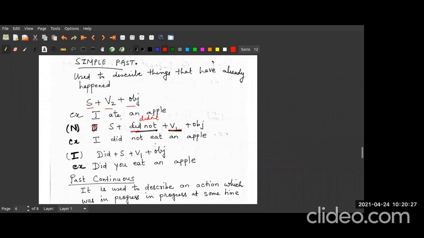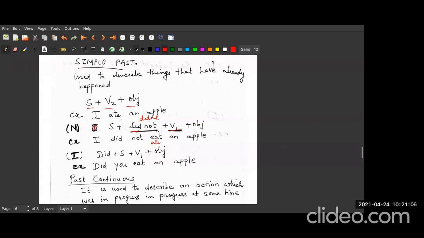Okay. Can you write I did not eat an apple? ये सुनने में क्या सही लग रहा है? I did not eat an apple. No, ma'am. I did not went to school. Do you say I did not went to school? अगर दोस्त बोलते हैं कि मैं स्कूल नहीं, तो what do you say? I did not go to school. So you say I did not go. So you always have to remember that with did not you always use the present form of the word.